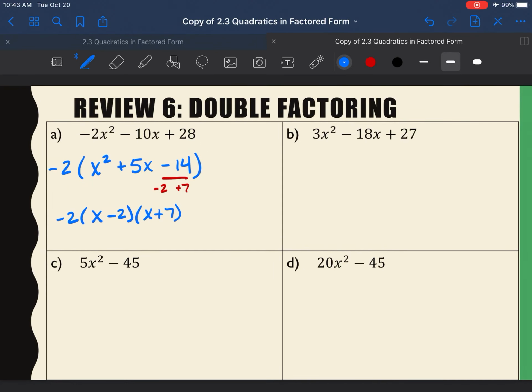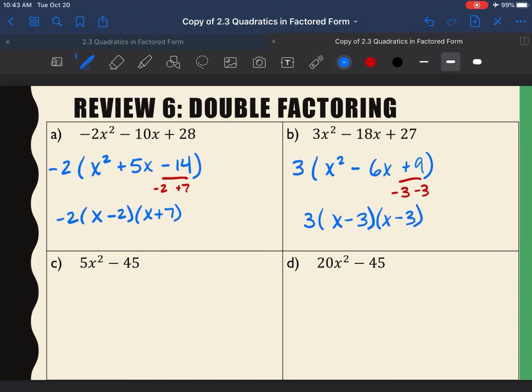Example B, you can factor out a 3, so we'll divide out a 3. When we divide, we'll have x squared minus 6x plus 9. And then again, looks like it's going to be product and sum. So 9 is going to be 3 times 3, or 1 times 9, but since they need to add to give you a -6, it needs to be a -3 and a -3. So x minus 3 and x minus 3, and the 3 that we factored out in the beginning needs to be